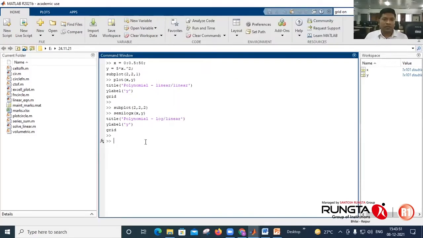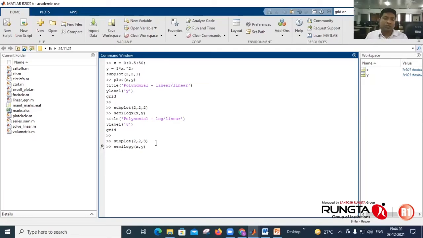Now I'll activate third location, subplot 2, 2, 3. Okay. Here I will say Semilog, instead of X, Y, plot X, Y.